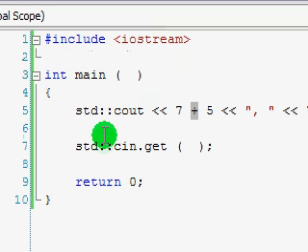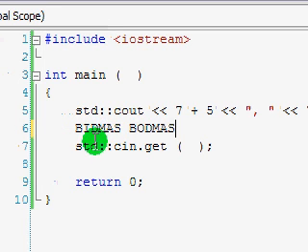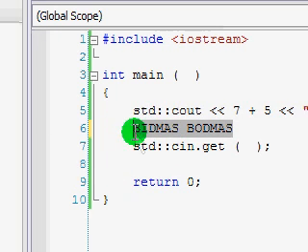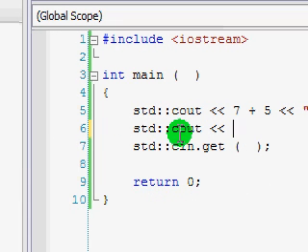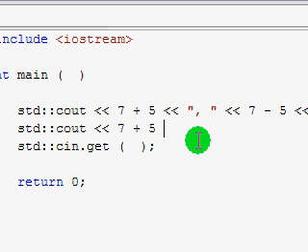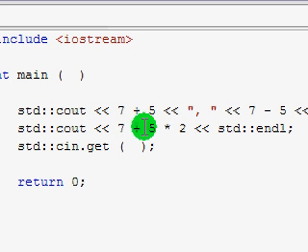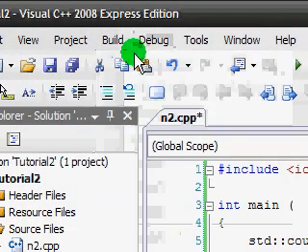And one more thing I want to go over, of course, is if you've ever done BODMAS or BIDMAS, spelled like this, in maths, well, C++ follows the same rules, and if you haven't, I'll just explain it quickly now. Basically, if I have this 7 plus 5 times 2, you'd expect this to yield, so 7 plus 5 is 12, 12 times 2 is 24, you'd expect it to yield that, but really, if we build and run this solution,